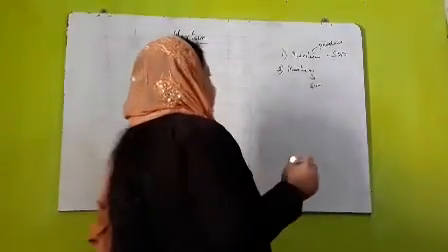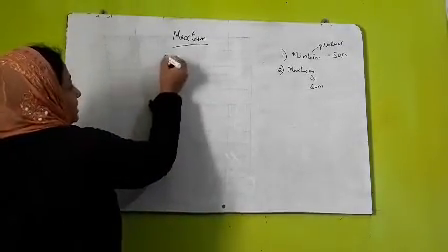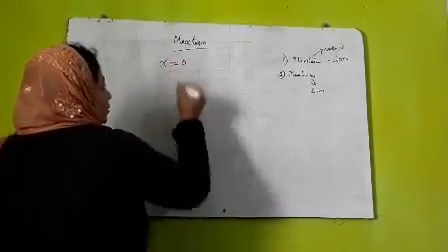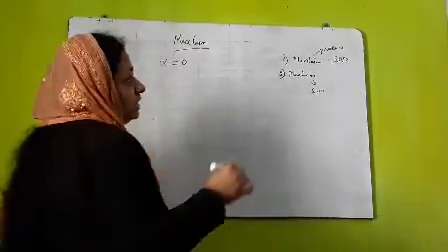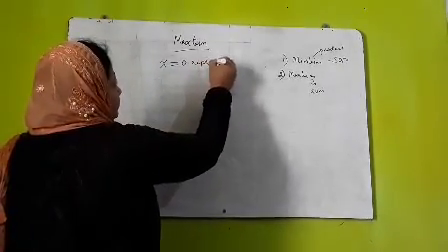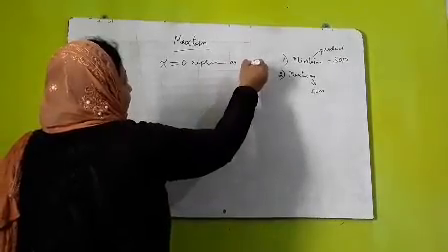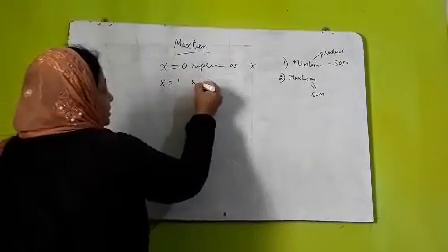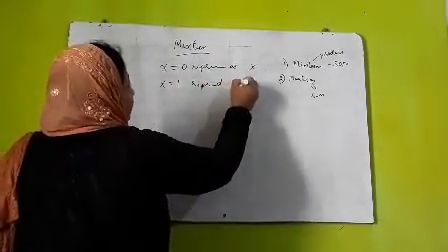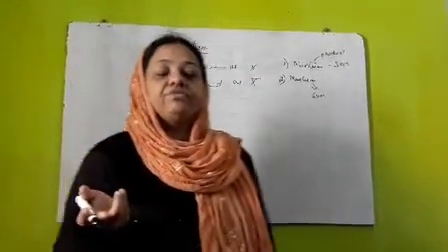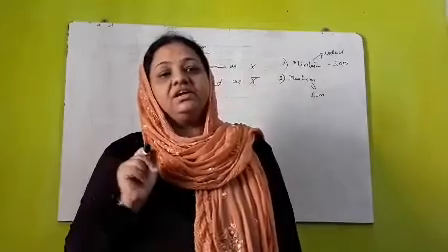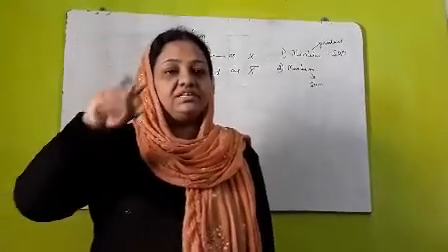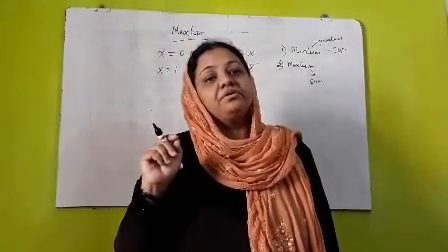For example, in a max term, if a variable x is equal to 0, it will be represented as x, and if a variable x is equal to 1, it is represented in max term as x bar, the reverse of a minterm. In a minterm, if a variable is 0 we put a bar, and if a variable is 1 here we must put a bar. So it is the reverse of a minterm.